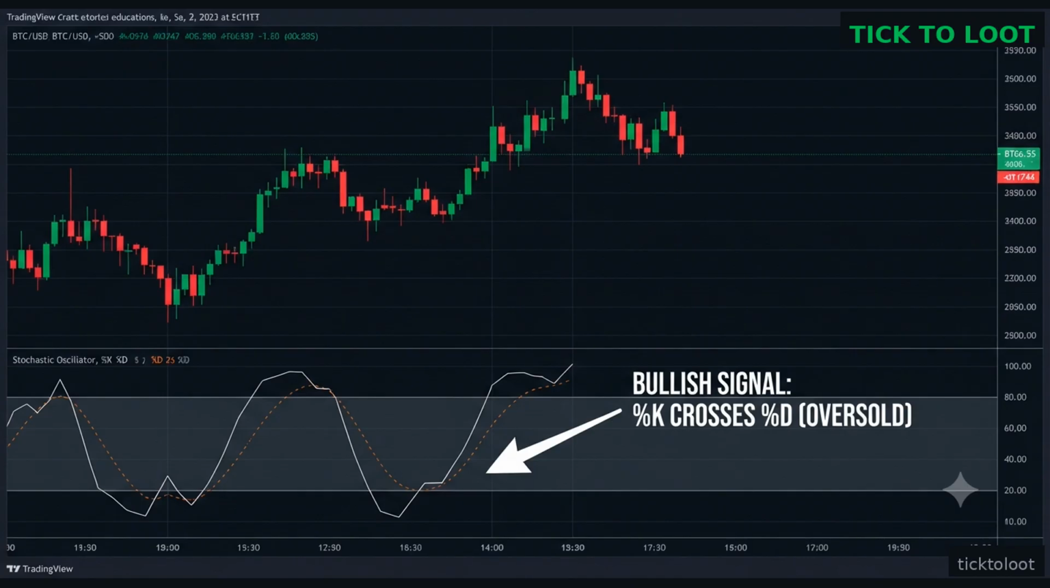A bullish signal is generated when the %K line crosses above the %D line while in the oversold zone, below 20. This indicates that the market is due for a potential reversal to the upside. It's like a green light saying buy now. However, it's essential to remember that no indicator is perfect, and you should always combine it with other forms of